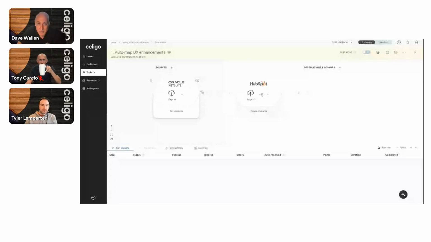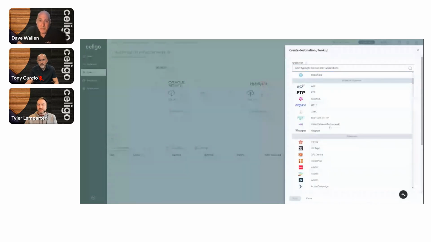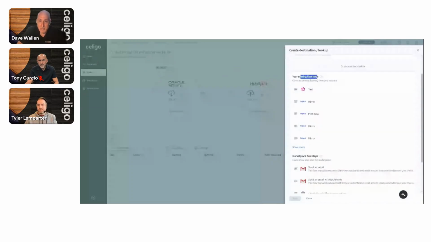So if I screen share here real quick, go back to flipping back and forth here, but discard these changes. So let's say on this flow, I needed to add another step. I would add a destination lookup. And here, it defaults me to the list of applications. But if I click out a little bit, you can see the list of existing flow steps, but then marketplace